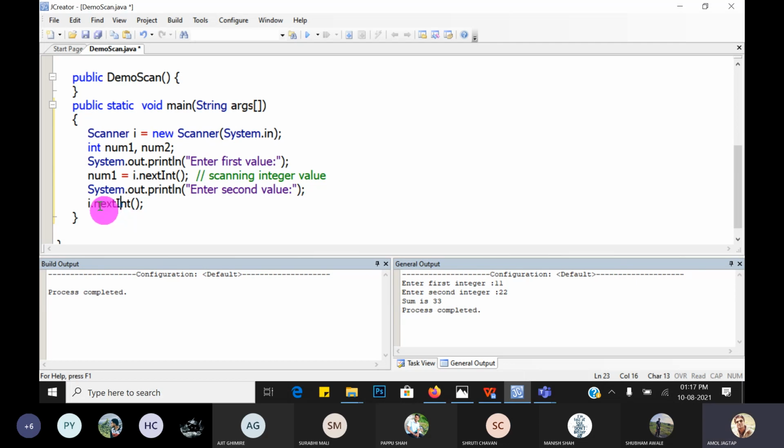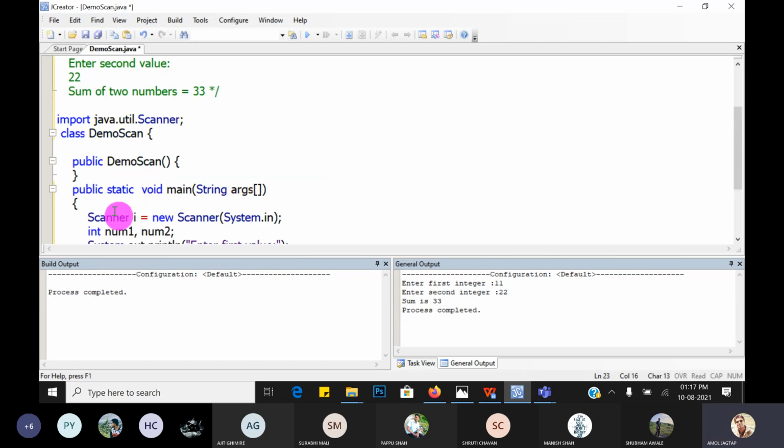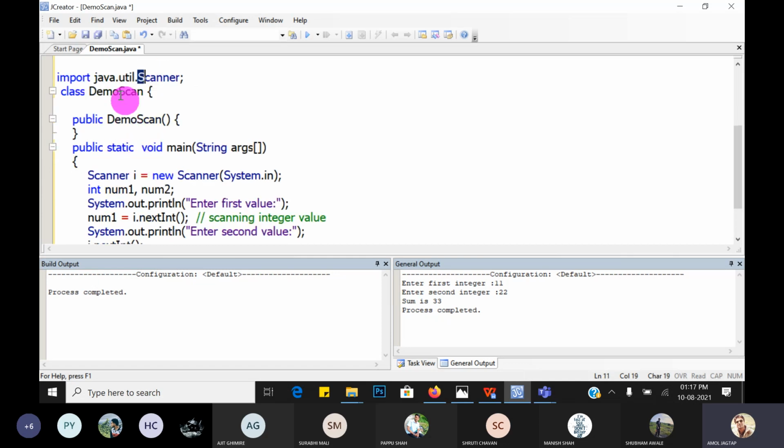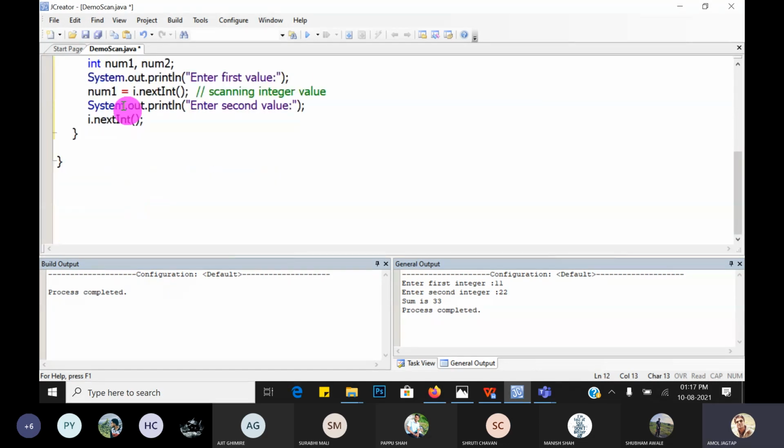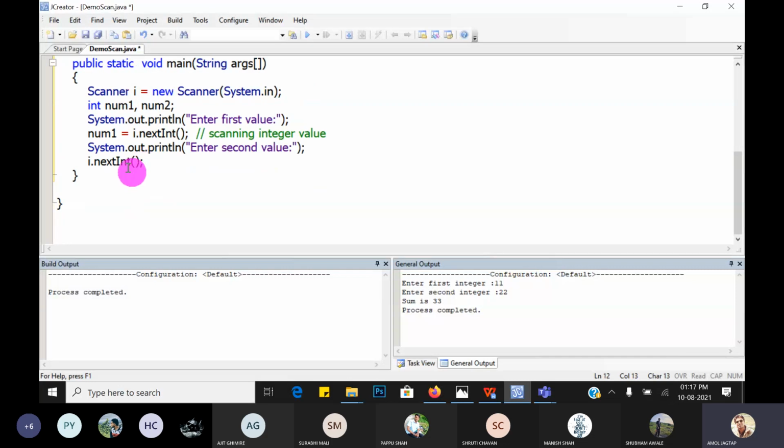It is the same for all built-in classes. If it is a class name, the first letter is capital, and if there are consecutive words, then similarly the D and S are capital, like this. Method names start with a small letter, but if consecutive words are there, next and int, then I in int is capital. Great. So i.nextInt.